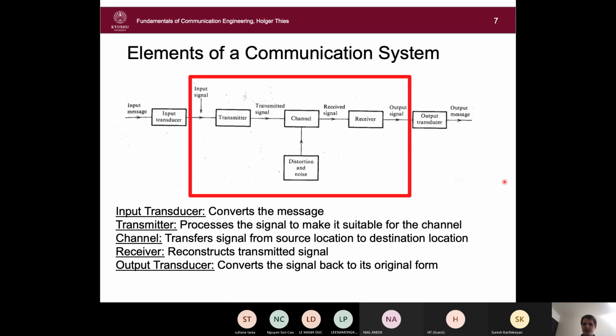And in this lecture, we only focus on the inner part of this diagram. So we assume that we already are given some input signals. So we are just interested in getting an electromagnetic signal, an input signal, to an output signal at some other point. And we do not care for what kind of information. If for example, the signal contains voice or video or any kind of other information, we do not care about that. We just care about accurately transforming an electrical signal through the channel and reproduce it at the output.